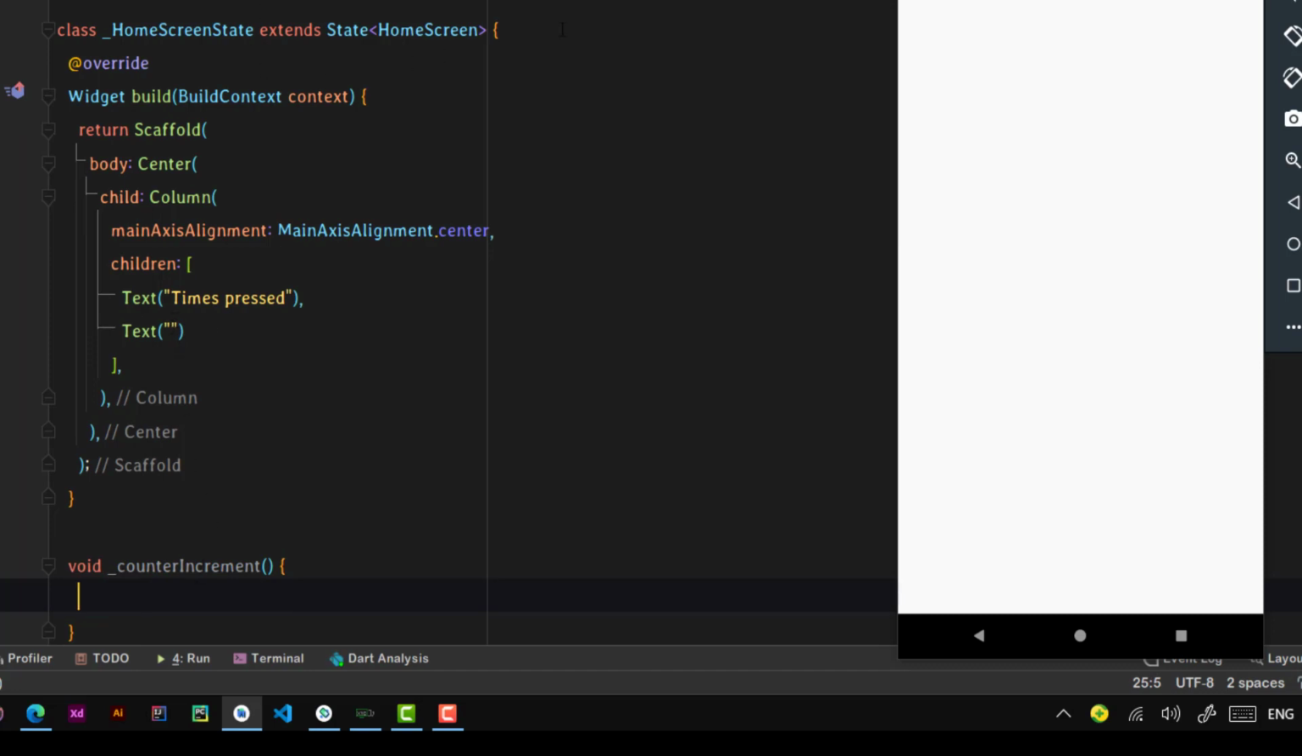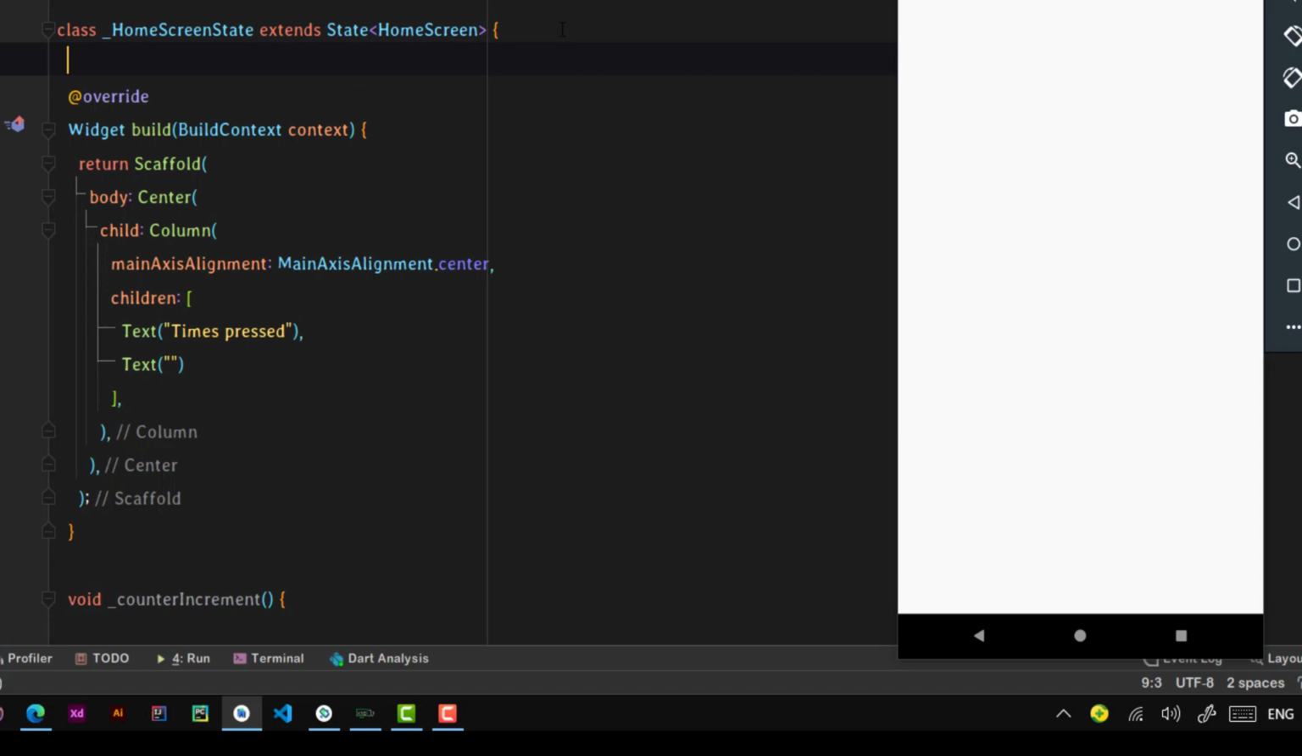Before that, we need to initialize a variable here so that we'll get the initial value of it. So basically it will be an integer type. Let us make it private by adding this underscore. We'll just name it count and initialize it to 0. Add a semicolon,